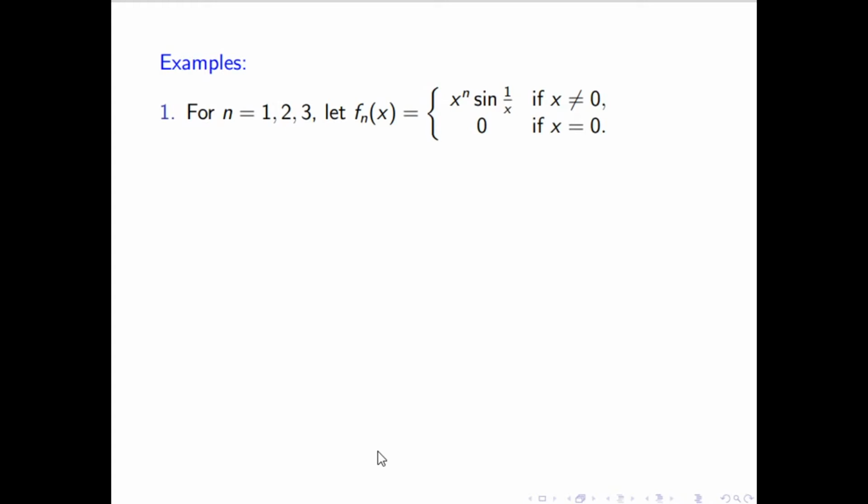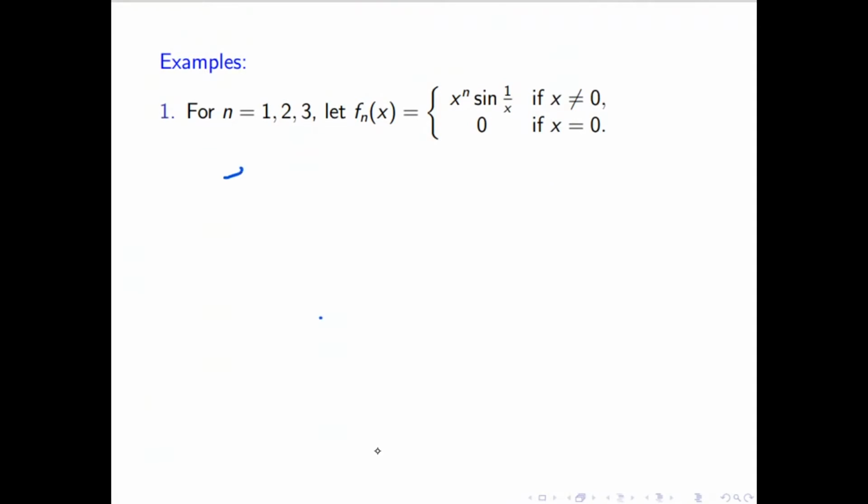2, 3 is differentiable, 1 is not differentiable. So how will we prove it? Out of these 1, 2, 3, tell me one, I will do one. The remaining you can try yourself. Which one do you want, f1, f2, f3? 3. So I will do f3. You can try the others. If you don't get it, we can discuss in the tutorial class.